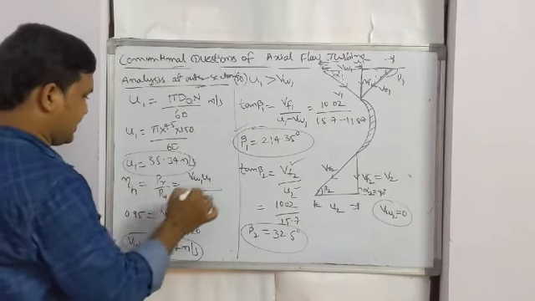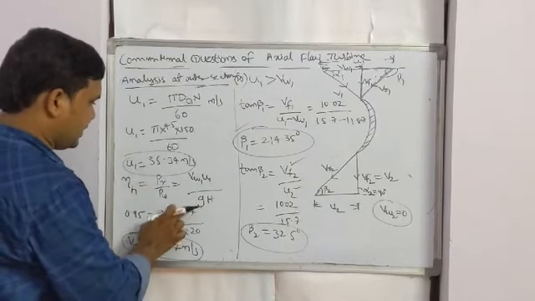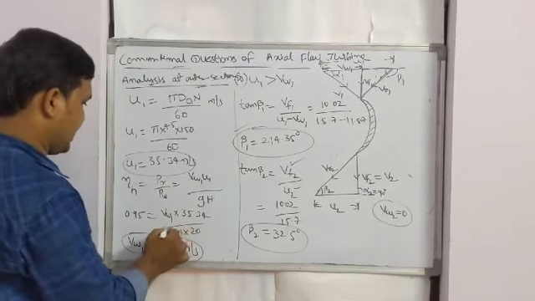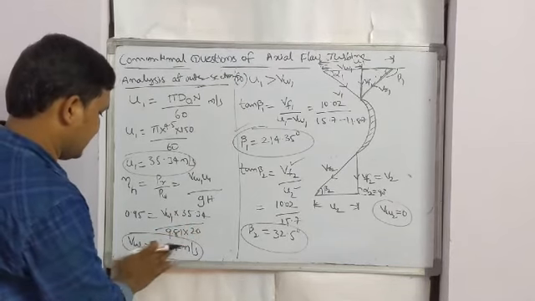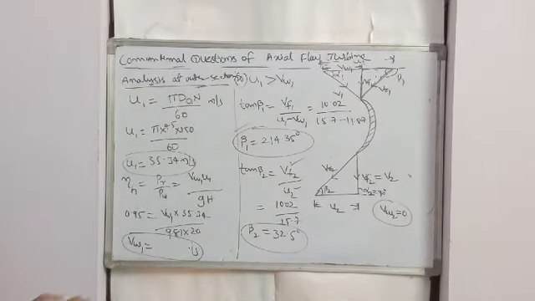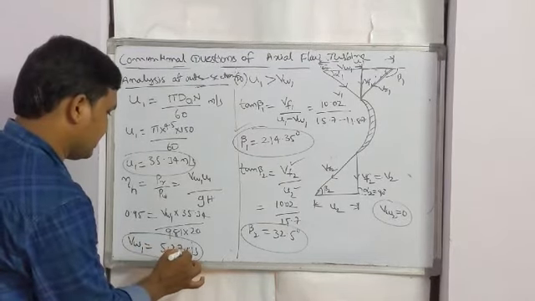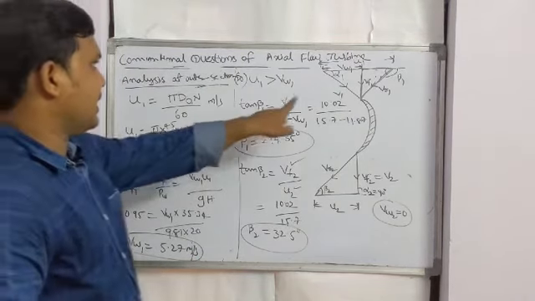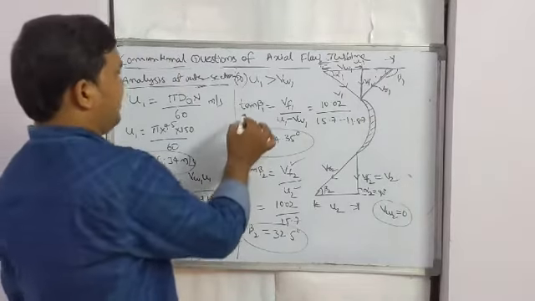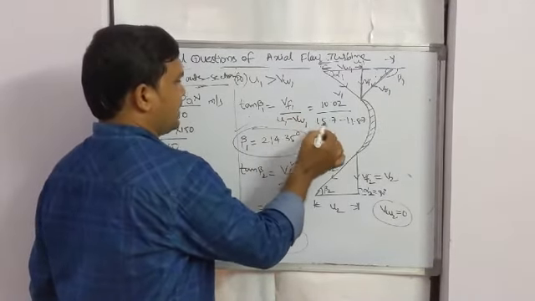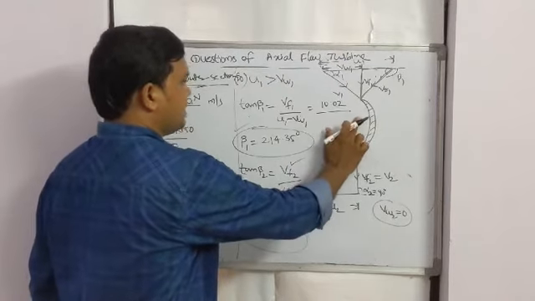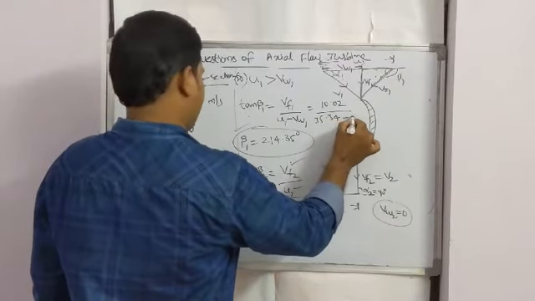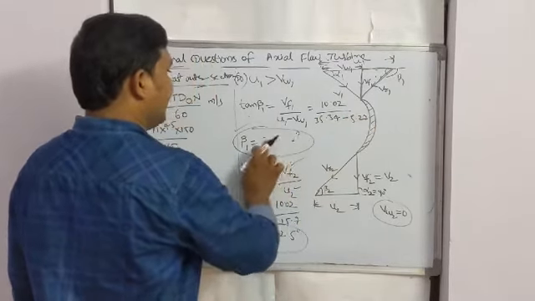Again the hydraulic efficiency is the same, so for VW1, U1 is varying, U1 is 35.34. G is the same, H is the same. Again VW1 we get as 5.27 meters per second. Again the relation tells that U1 is greater than VW1. The triangle will be the same. Again tan beta 1 is equal to VF1 by U1 minus VW1, so U1 is 35.34 minus 5.27. Then the answer will be different.